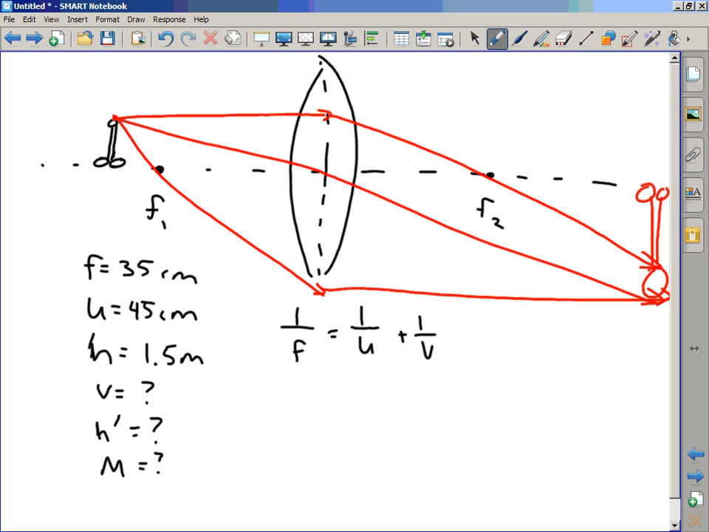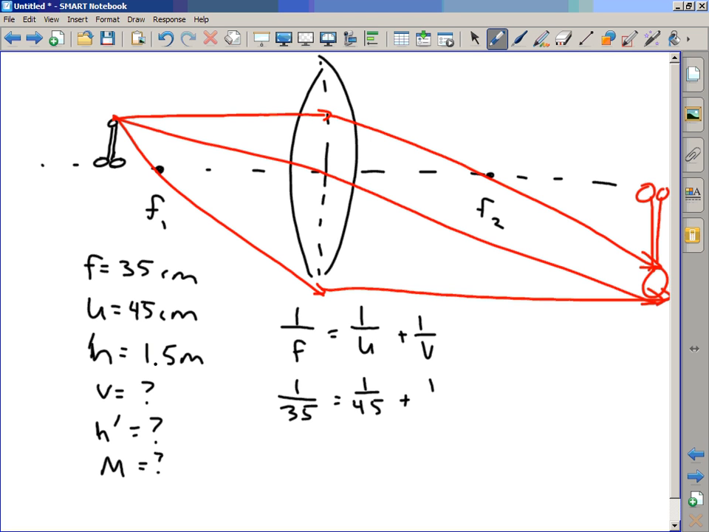So this focal length is positive. It is a convex lens. So this is 1 over, and I can use the centimeters here. I can use the centimeters right now because they cancel out. The units cancel out here. So 1 over 35 plus 1 over 45